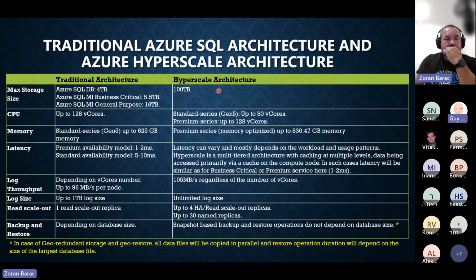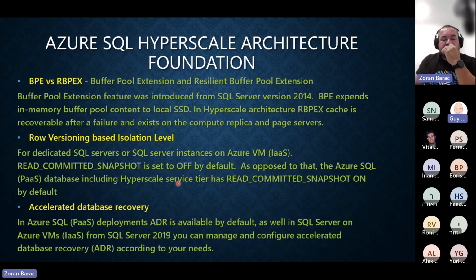I have a question, Zoran. Row versioning and ADR are both available by default for all service tiers of Azure SQL Database. Yes. So maybe I missed it, but what is the difference for Hyperscale compared to other service tiers? In Hyperscale, if you're using row versioning on a dedicated machine or anywhere else, you're going to have a TempDB available just locally. It's held in TempDB basically as a local table. What Hyperscale is doing is pushing that to the shared storage tier.